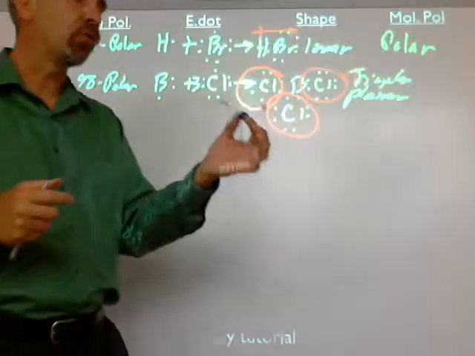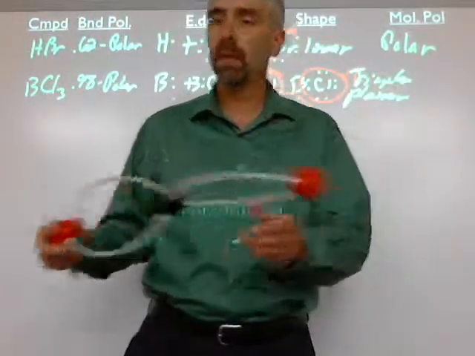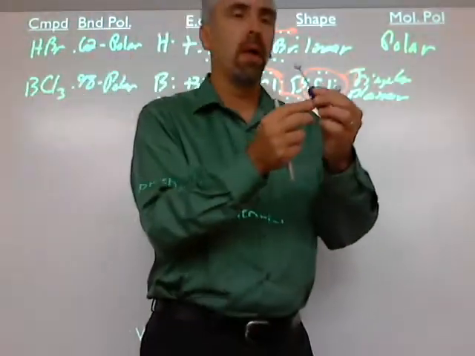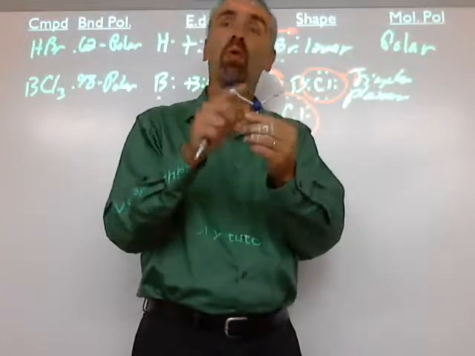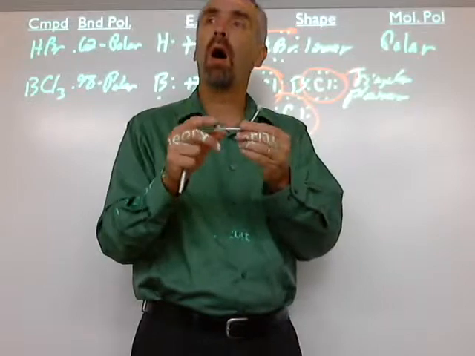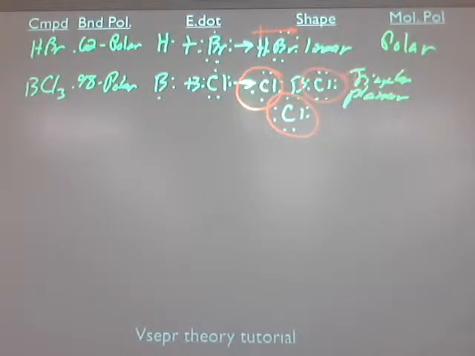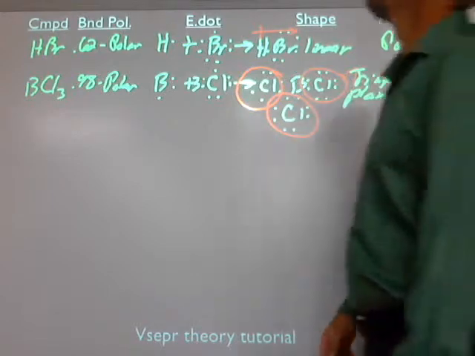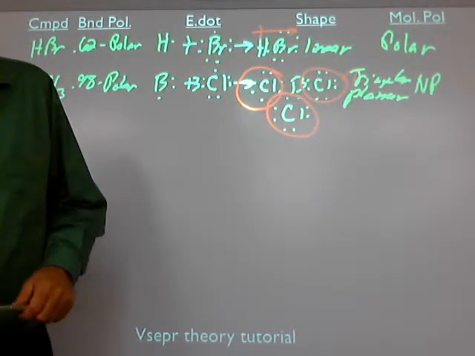This is a symmetrical model. It doesn't look as symmetrical perhaps as this obviously does, but it is. This is symmetrical because as hard as this guy's pulling, these guys are pulling the equivalent of that hard around him. They're equal bonds, all arranged symmetrically. Now, what does that make this molecule? Non-polar. Non-polar. Okay? All right. Now, the bell's going to ring in about 1 minute. So let me pause it here, and we'll come back and do the